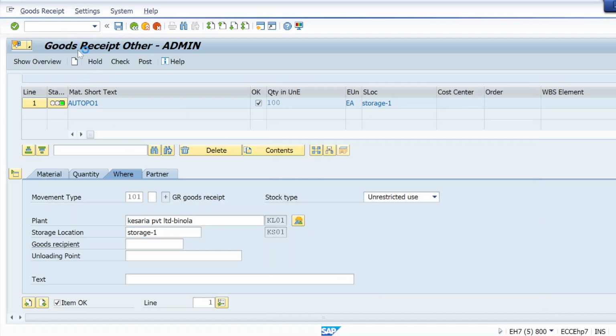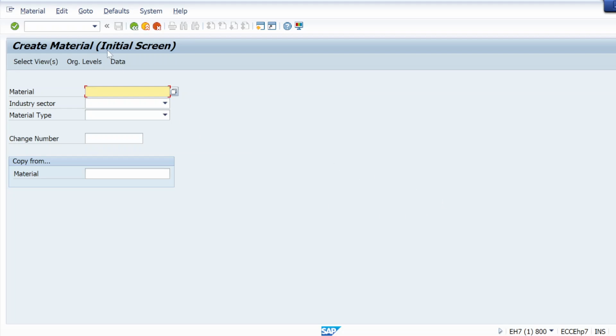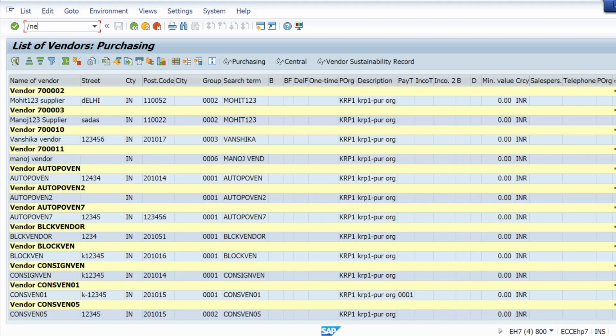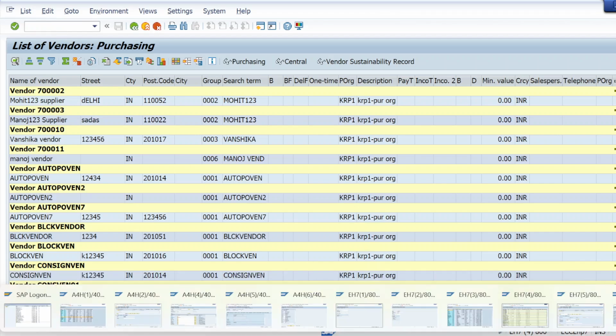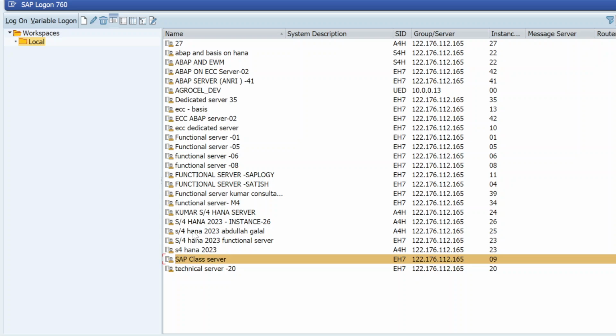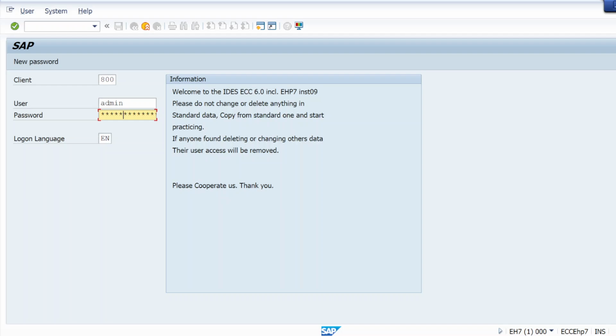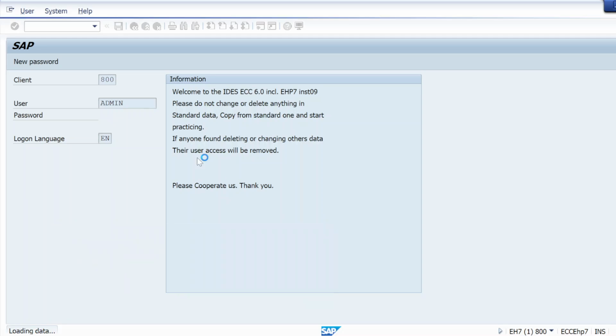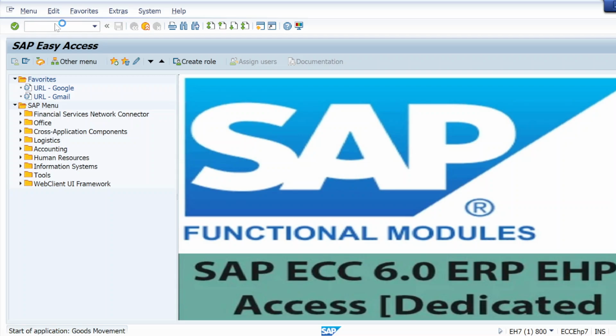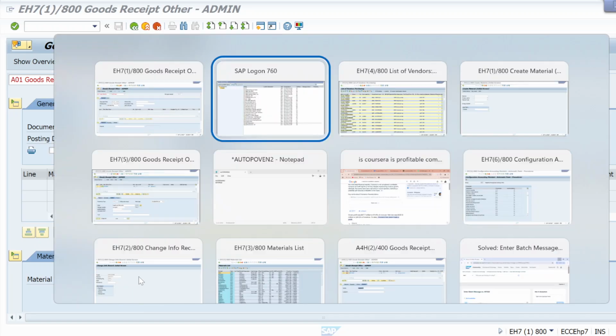Let me log out all the screens first. MIGO and material, let me check.